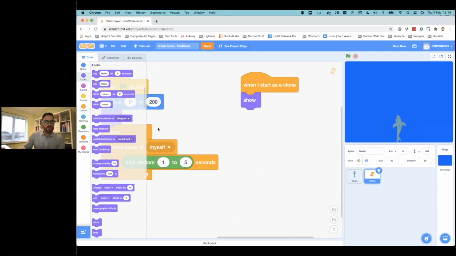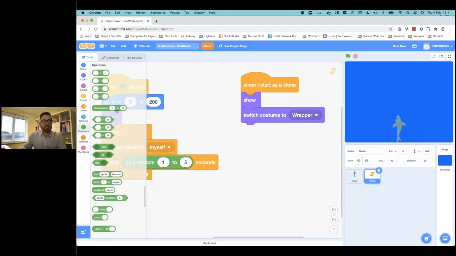It also needs to pick a random one of those 4 plastic items, because we want it to be sometimes the little plastic rings, sometimes a wrapper, sometimes a bottle, so on. So it needs to switch to one of those random ones. So we're going to switch to, again, and then look, switch costume to. And it starts off with this kind of rounded one with the arrow, and I could choose one from there, but what I want to do is pick something at random. So I'm going to go pick random,